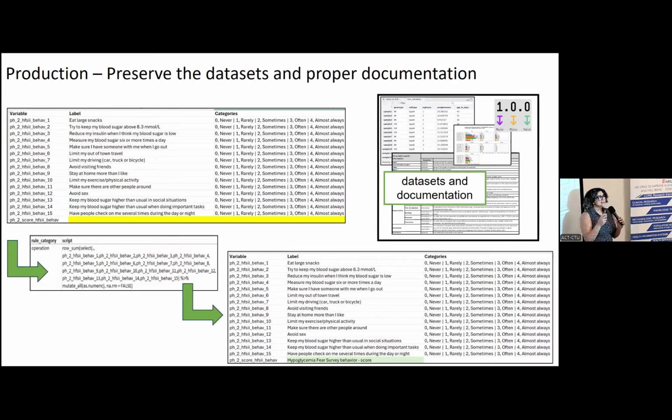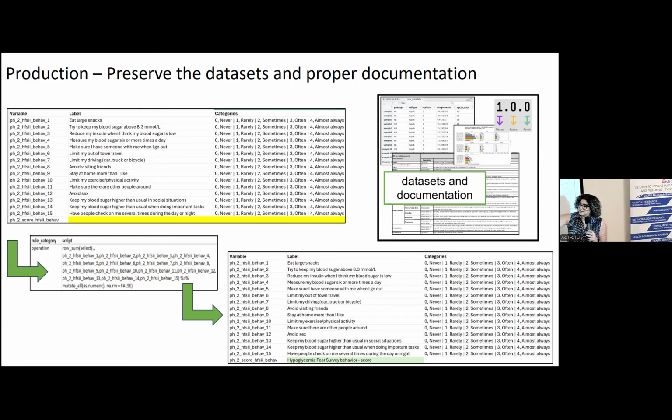So like we said, the data that you're collecting is not necessarily the end result of your database. You might have additional variables, or you might transform some variables. And if you're using REDCap, for example, as your data collection tool, the documentation around the variables is pretty complete. We have variable names, the labels, the categories, the category codes. Now, the same information needs to be provided for the variables that are derived by you or your team.